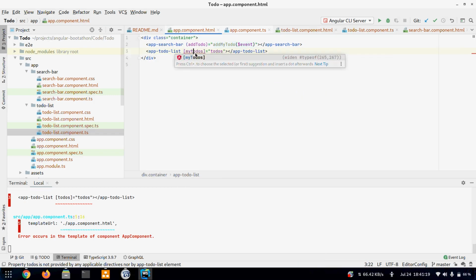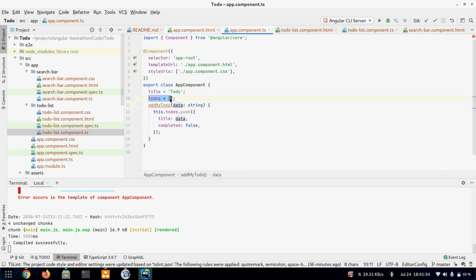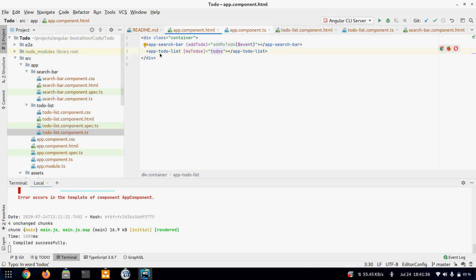Okay, so now here we need to change it to myToDos. So whenever this app component calls this app to do list, it will pass the toDos, this array, to this component, and it will be stored in the property by the name myToDos.